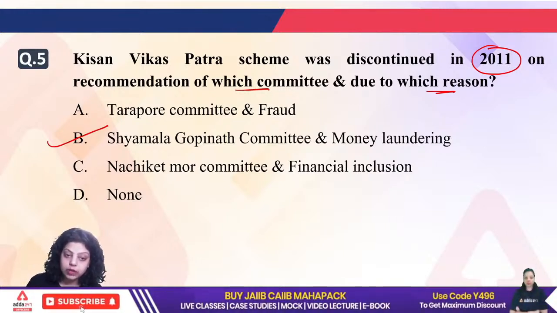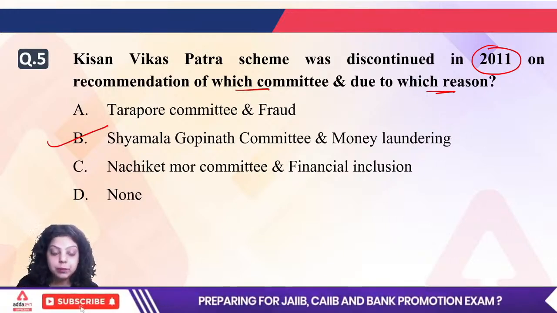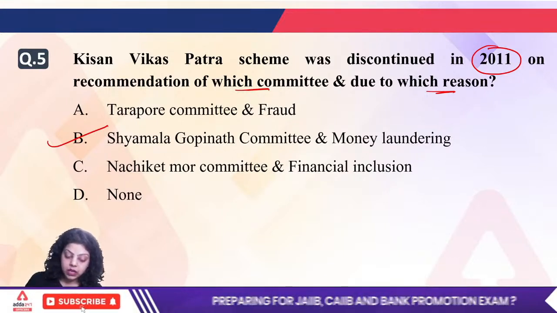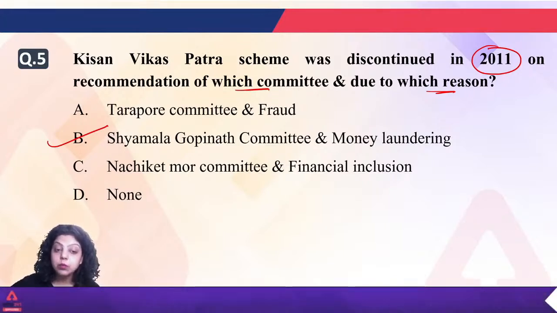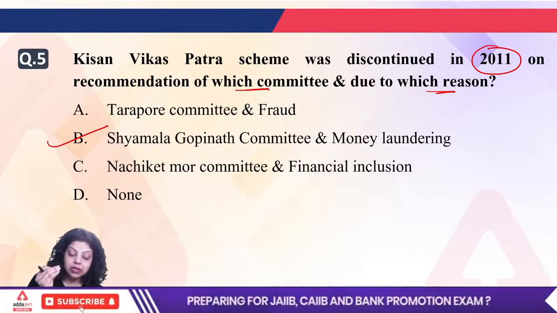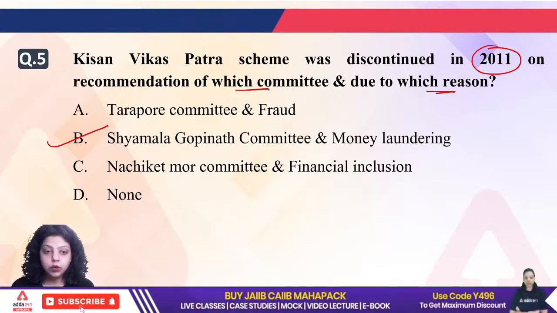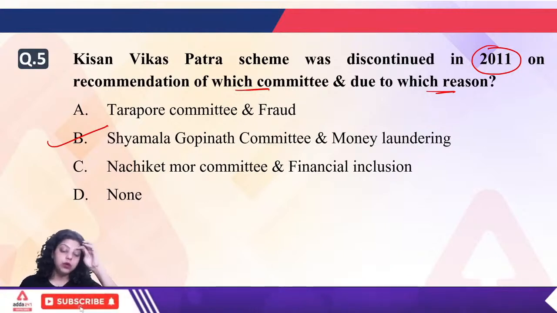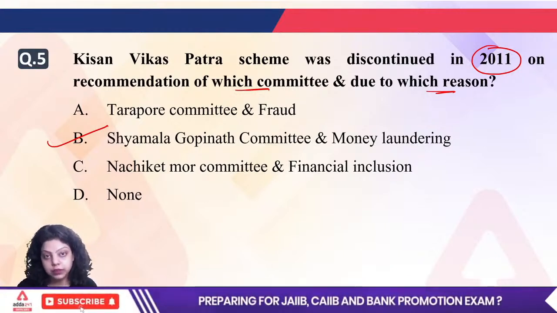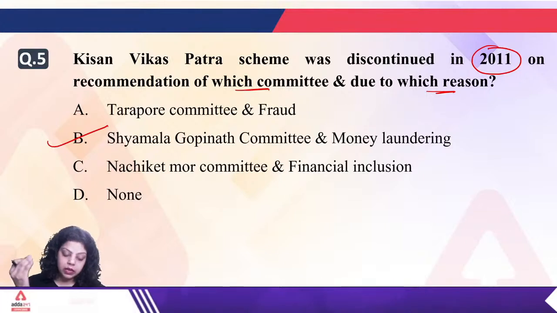Let's say if you want to invest in the Kisan Vikas Patra more than 50,000, as we know there is no limit on the maximum investment, you have to give your PAN number. And if you are investing more than 10 lakh, then you have to give the proof of your income in the form of a salary slip, your ITR, income tax return, or your bank statement. So you have to give the proof of your income if you are investing in the Kisan Vikas Patra. These are the certain norms which were introduced when the Kisan Vikas Patra was relaunched in the year 2014 by Mr.